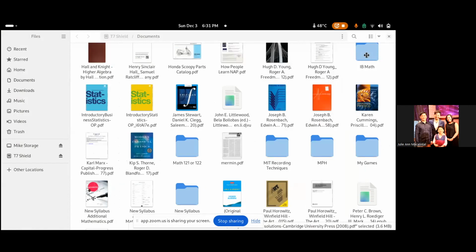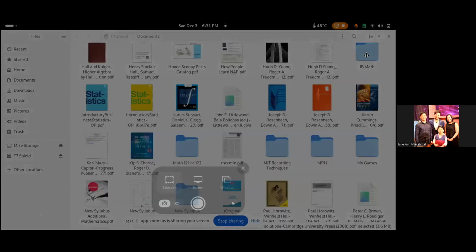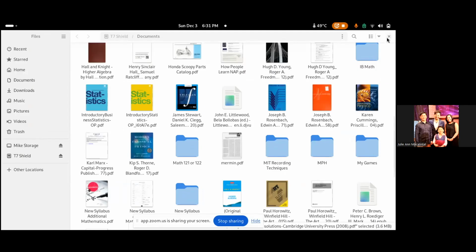Ginagamit na po ang OS. Linux po. Ah, yeah. Sulat ko lang yun, or send ko lang yung